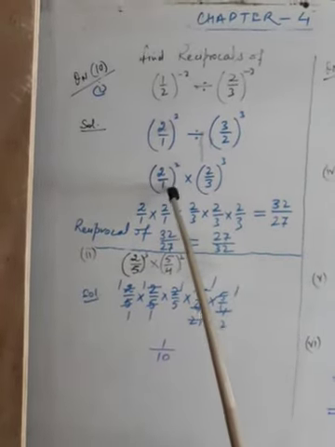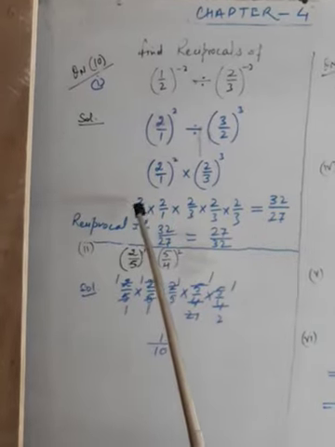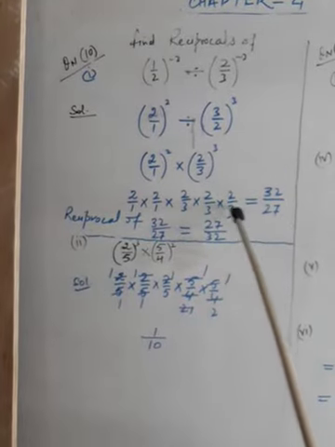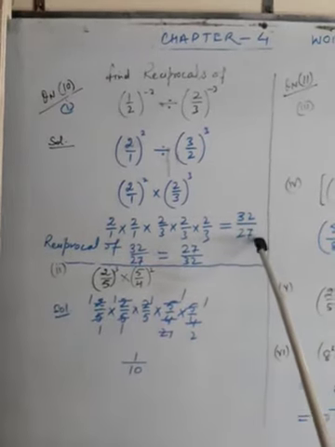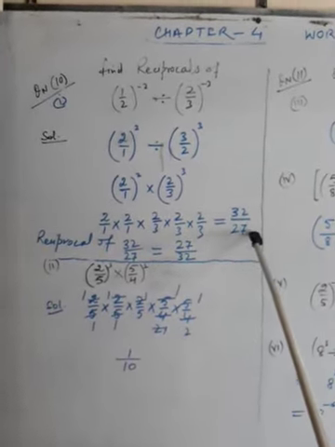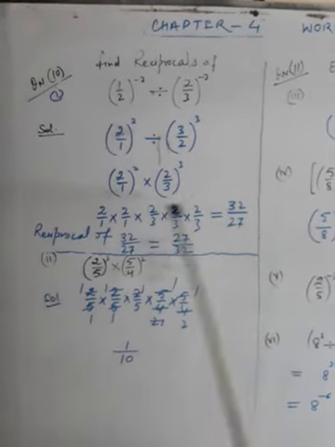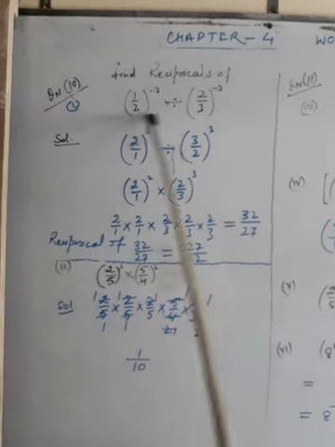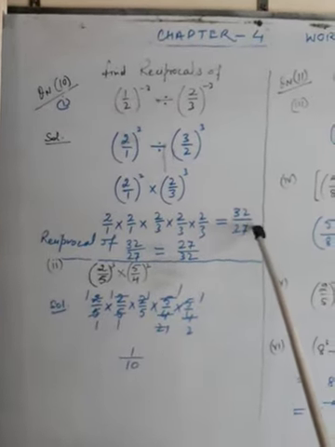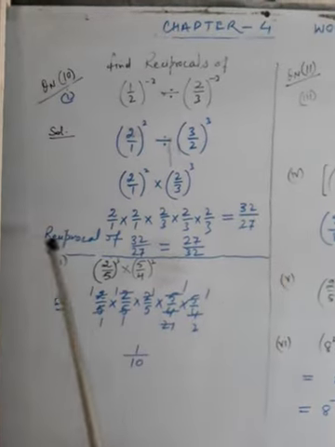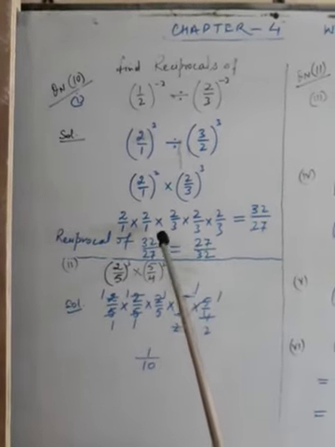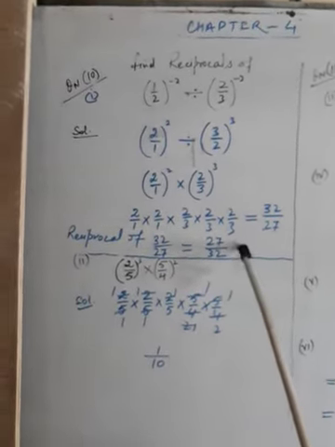Now we can open these two terms. 2 over 1 to the power 2 means you have to write 2 over 1 two times, into 2 over 3 to the power 3, you have to write 2 over 3 three times, and then upon simplification you get 2 into 2 is 4, into 2 is 8, into 2 is 16, into 2 is 32, over 27, 3 threes are 9, 3 nines are 27. So this is the total simplification of the term given to you. Now you have to get the reciprocal of 32 upon 27. So the reciprocal of 32 upon 27 comes out to be 27 over 32. Reciprocal means we make the numerator the denominator and the denominator the numerator.